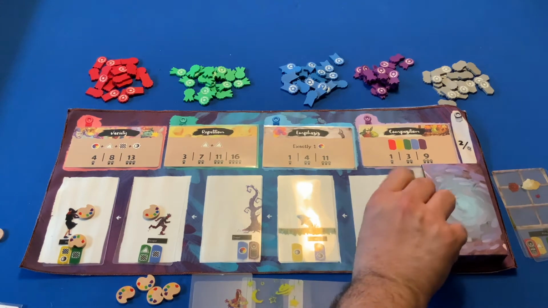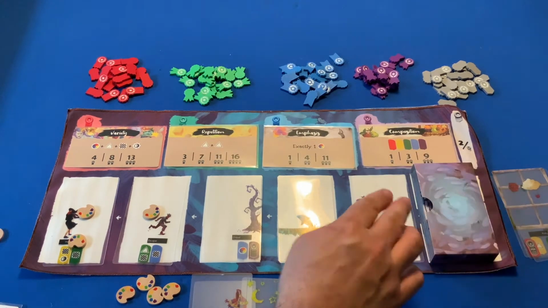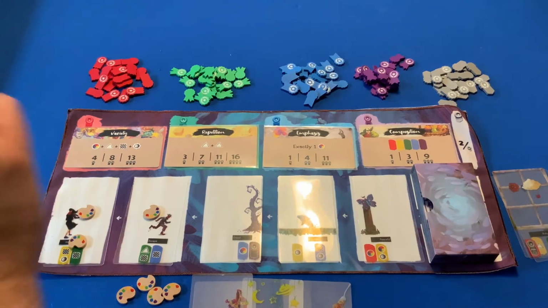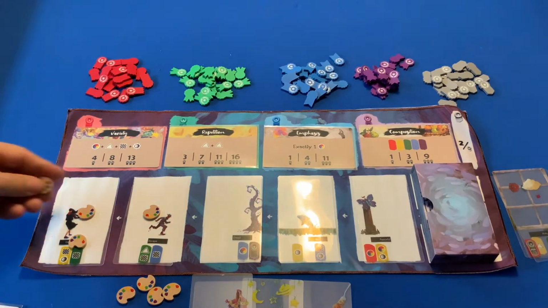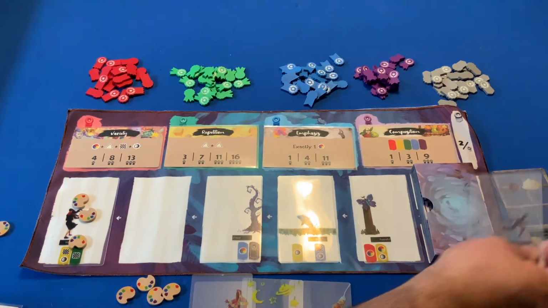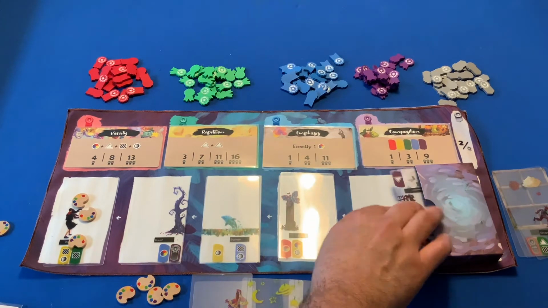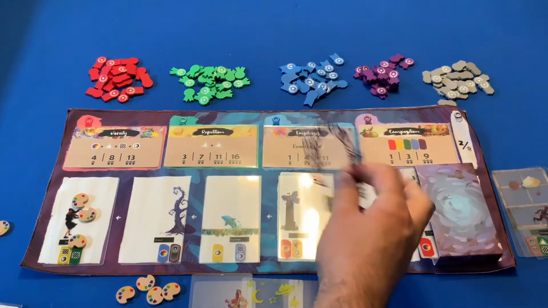I could make a painting, but not quite yet. I want to get all 5 in hand and weigh my options. Vincent is going to roll, and he rolled a face up, so he's going to take this one here. Now, Vincent could be in danger. I could take all 3 of those inspiration tokens, but